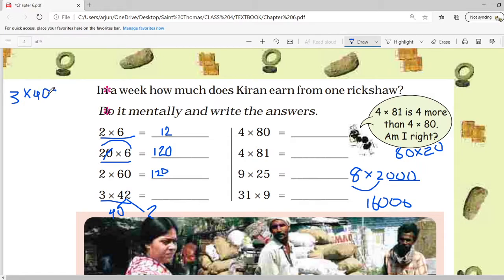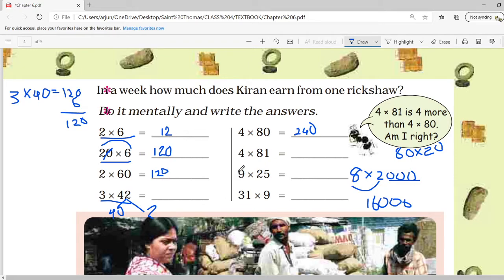So we know that 3 times 40, how can we calculate? Okay, you know that 3 fours are 12, so you can just write down 12. And how many zeros? 1, so write 1 zero, simple. And you know that 3 times 2 is 6, so write 6 and just add it up. You know that it is 126. Isn't it simple? Here also we can see 8 fours are 24 and then 1 zero. So your answer will be like this.